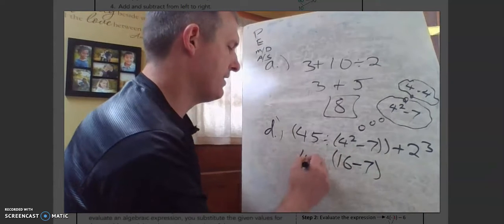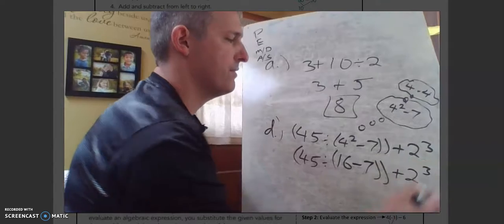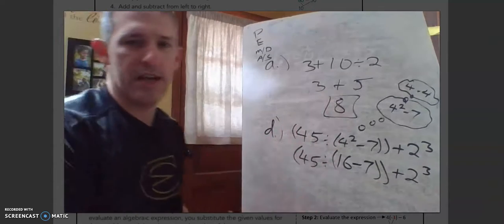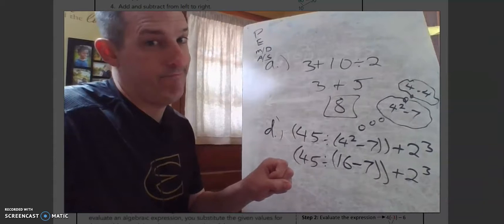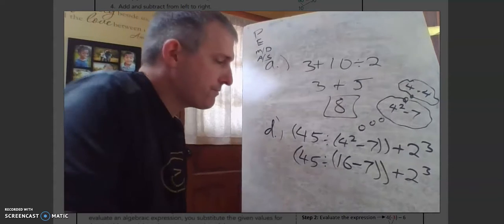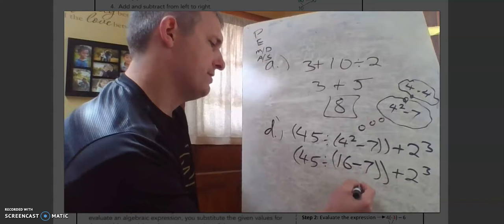And I'm bringing everything down. Yes, I know, it's a lot of writing. But trust me, if you practice writing it down each time, you're going to have fewer mistakes than if you try to do a lot in your head. All right? Just saying. So, I've got 16 minus 7, which is 9,